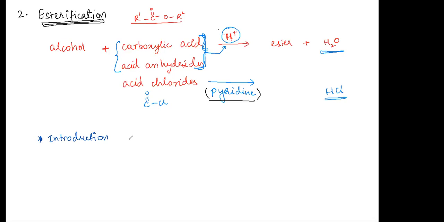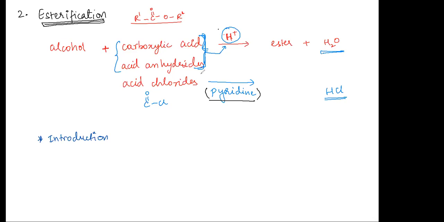Ria is asking, how does the H plus help in the first two cases? I'll explain the mechanism, and you will be able to get it from the mechanism. So the H plus is used to take away water, and usually sulfuric acid is also a very good dehydrating agent, right? So, two points here.